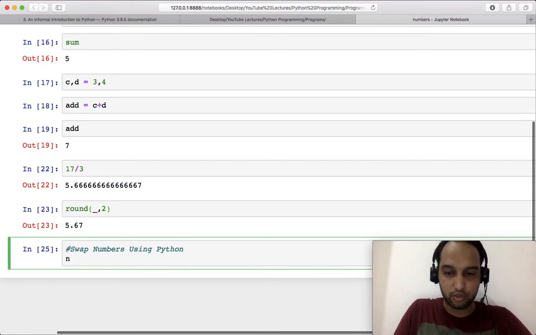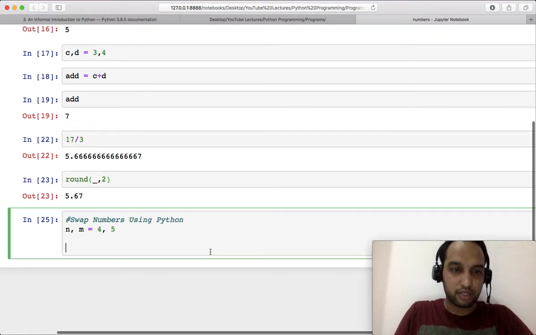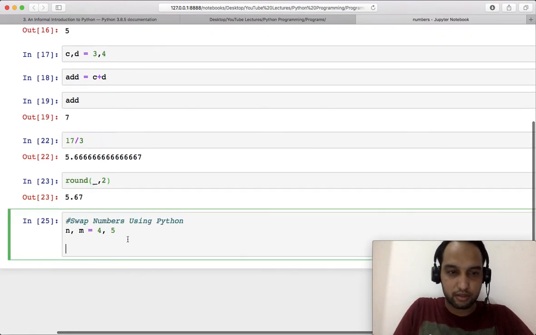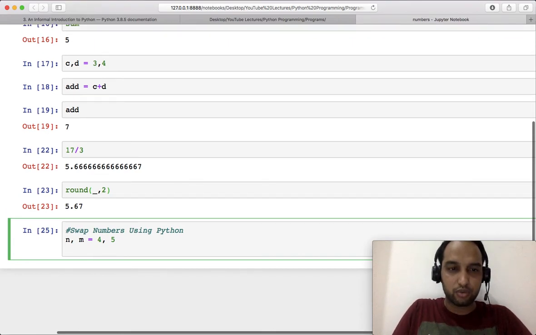So let us take two numbers n and m, where values of n and m are maybe 4 and 5. So if you have worked with any other programming language in the past, what we used to do, we used to take a temp variable, but we are not going to do that thing in Python, and that's why we say Python is very easy.